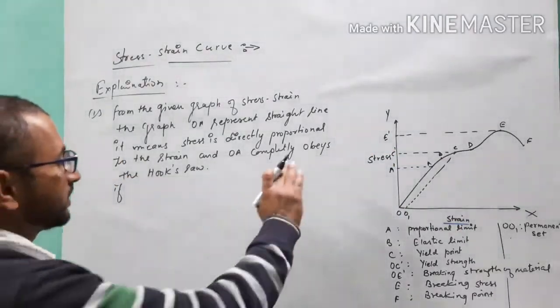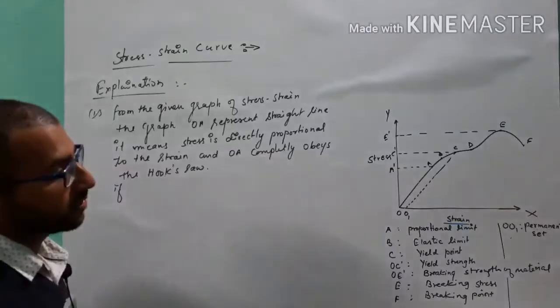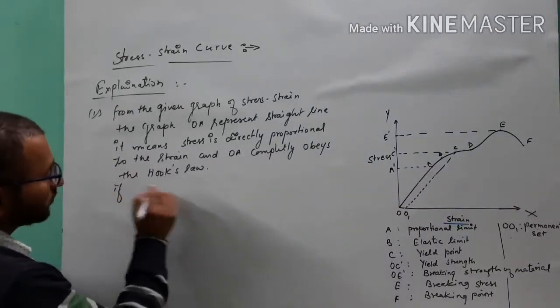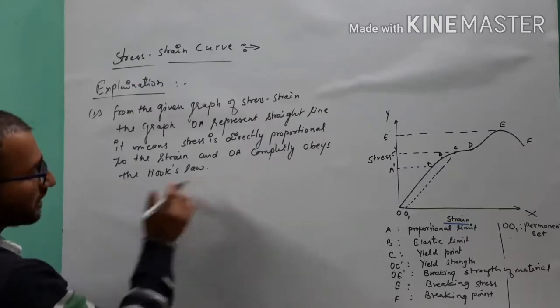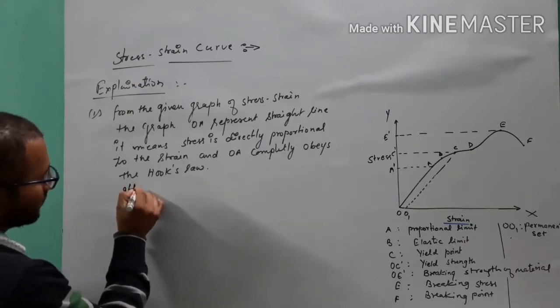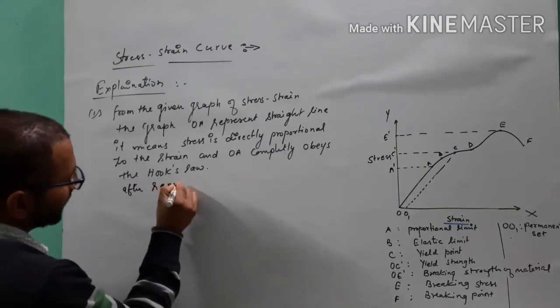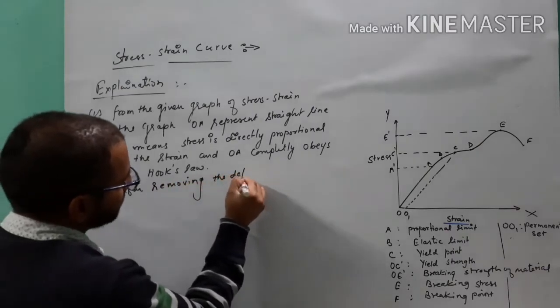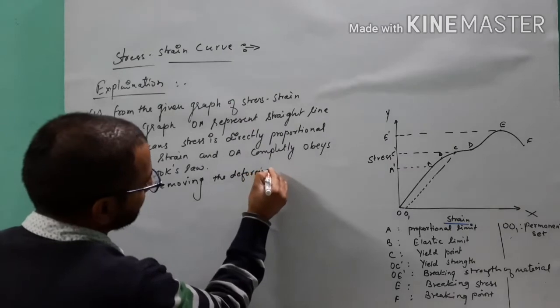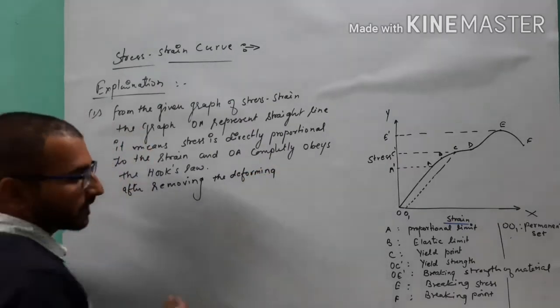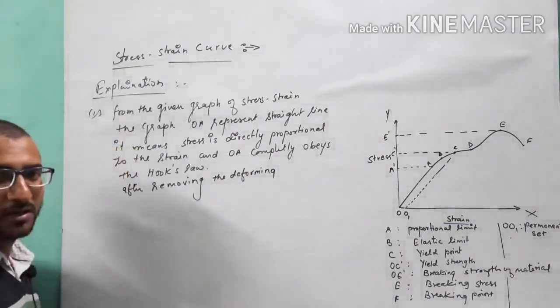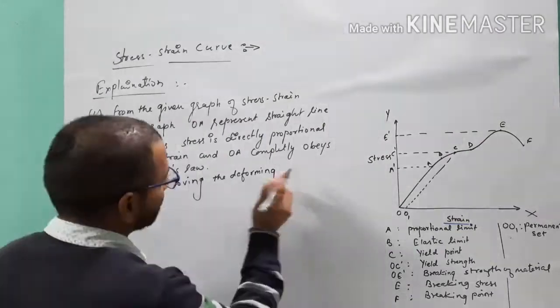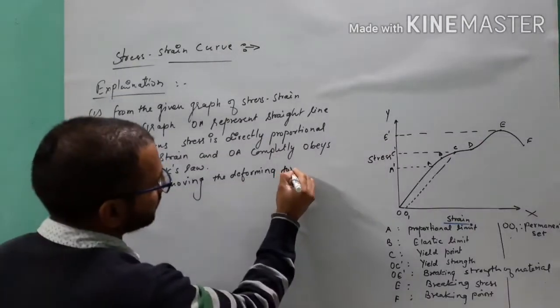So if this wire obeys Hooke's law, then after removing, we can add one thing. After removing the deforming force, which is here weights on the free end of the wire suspended through a rigid support, after removing the deforming force,